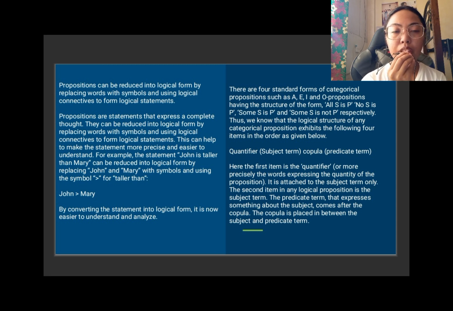It must be one or the other, and it cannot be both. Furthermore, the quality of the proposition is expressed in and through the copula. The copula and the predicate term are respectively the third and fourth logical elements of a